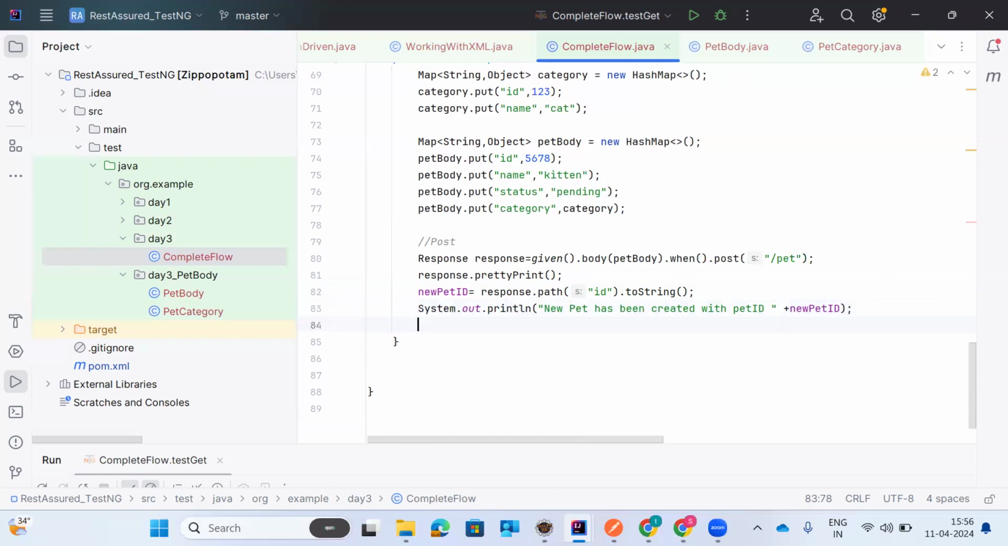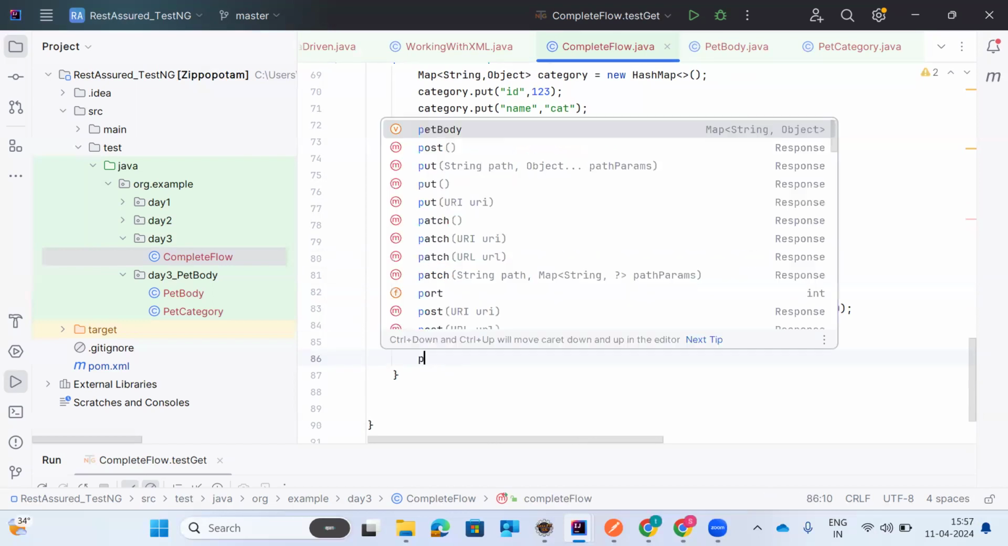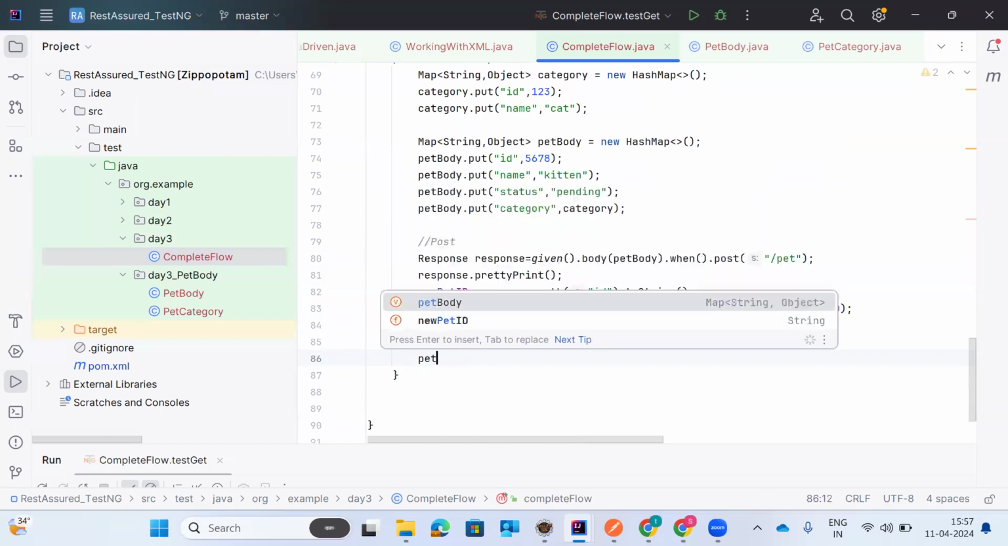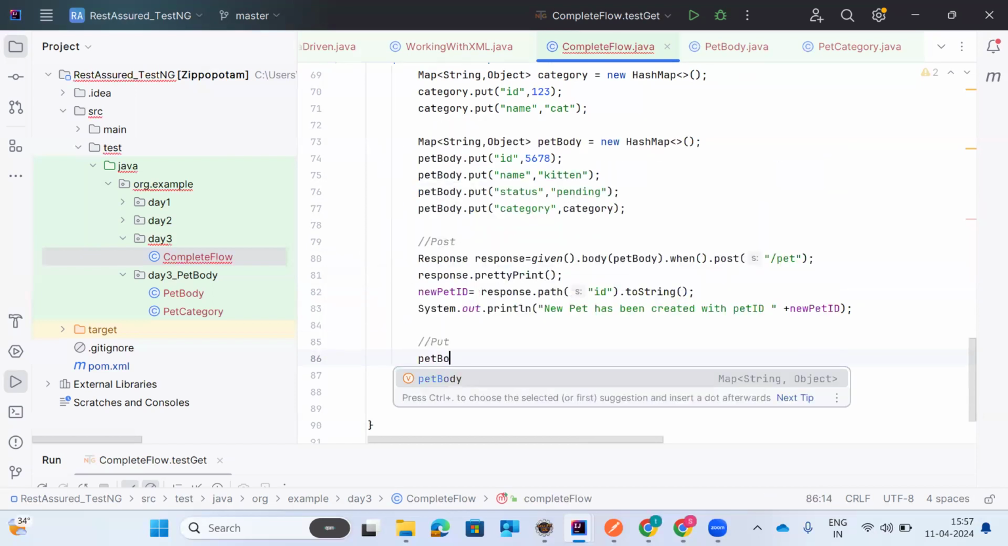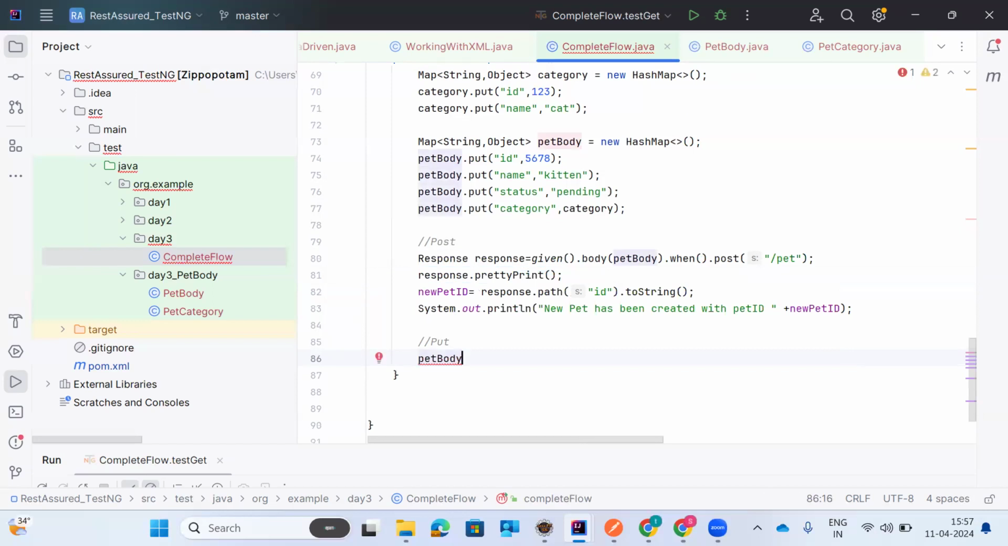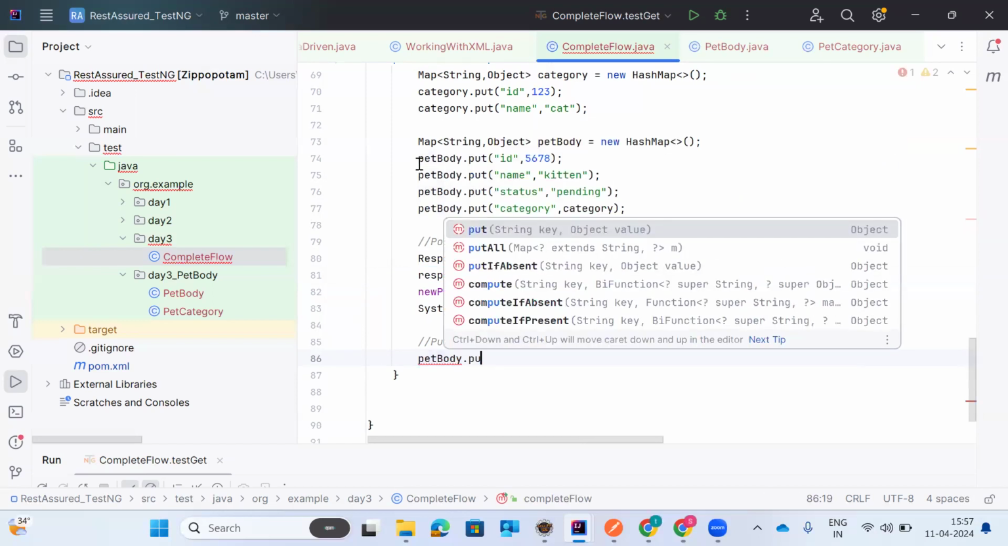Next, I can retrieve the data. If I want, I can retrieve the data anyway and see it in pretty print manner. That's fine. Shall I perform the put operation directly? If I want, I can perform the get, or I can directly perform the put operation. Inside this put operation, I can just send pet body. I want to update the information, right? So what I will update is I can just take this